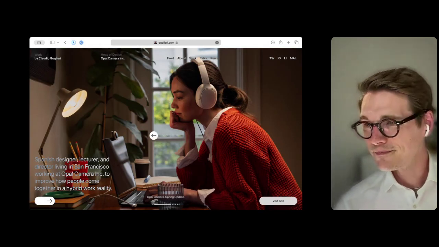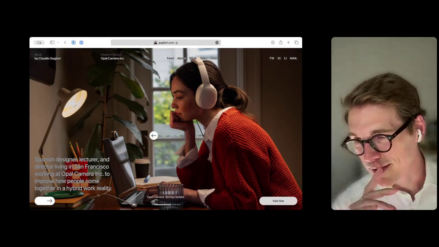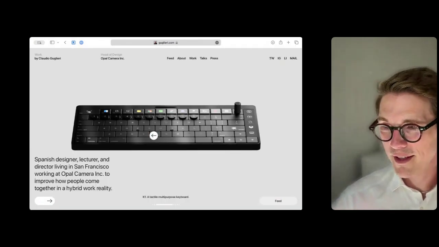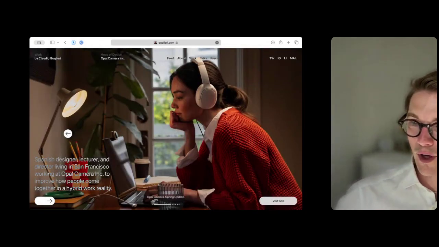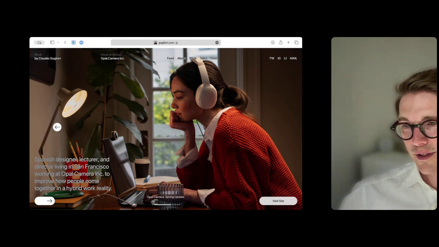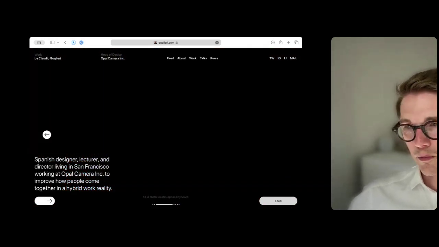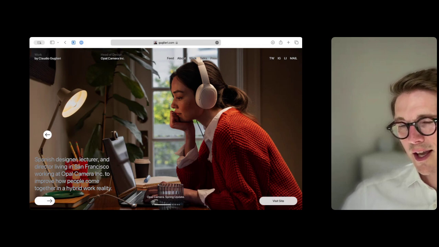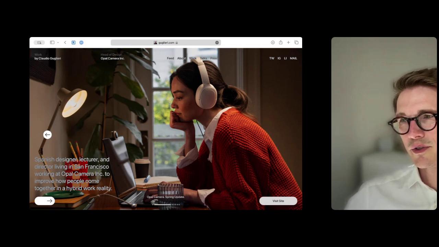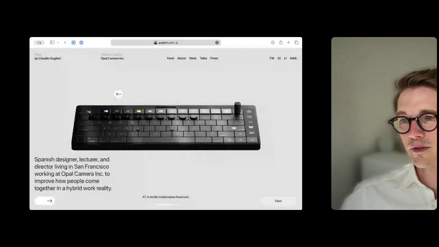Let's start with the good. What is good about this? Okay, so let's just start with this text effect right here. Look at that. This is what's called the blend mode difference. And I've rarely seen it used to a good effect, but here he's consistently reusing it, and it looks great